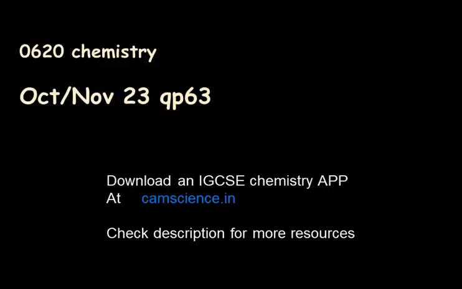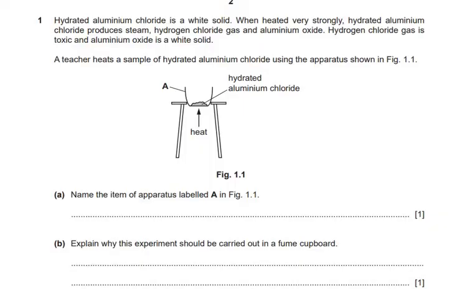In this video, we'll solve question paper 6.3 of 0620 chemistry, that is IGCSE chemistry of examination series October-November 2023. So let's start with question 1 here, and the question 1 says, hydrated aluminium chloride is a white